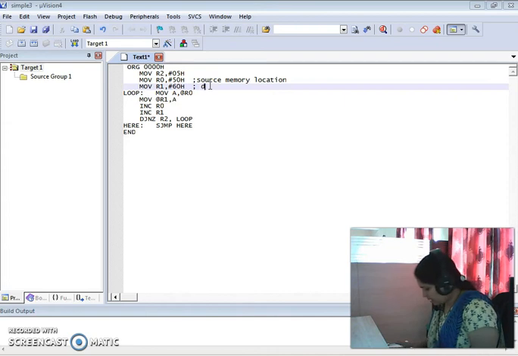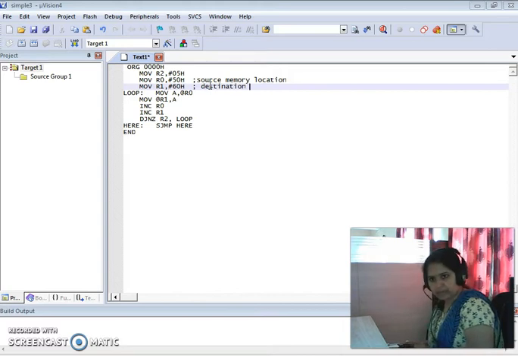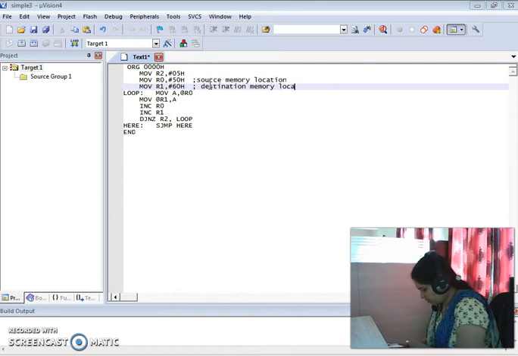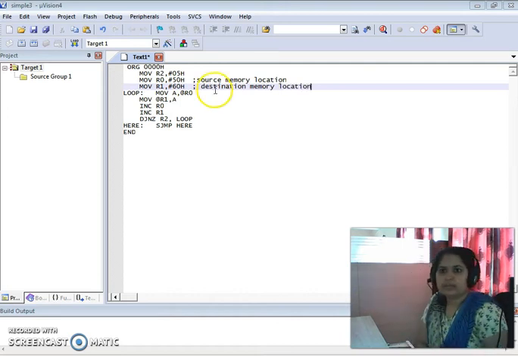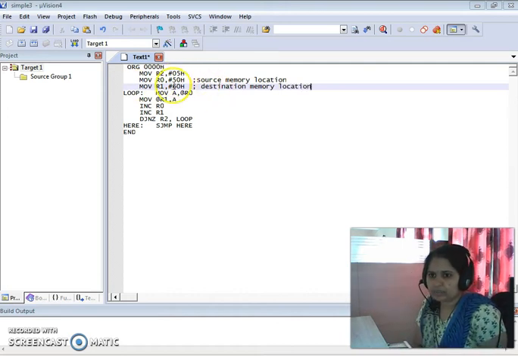So this is my destination memory location, and I will give the comment, destination memory location. So 50H is the source and 60H is the destination.